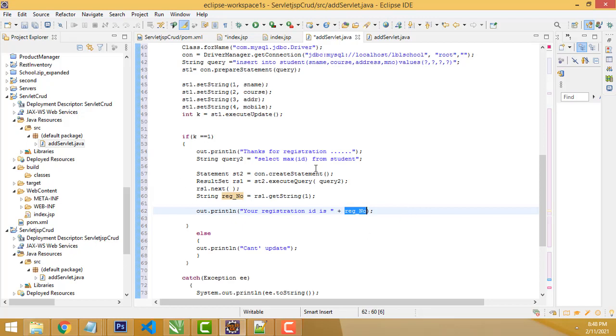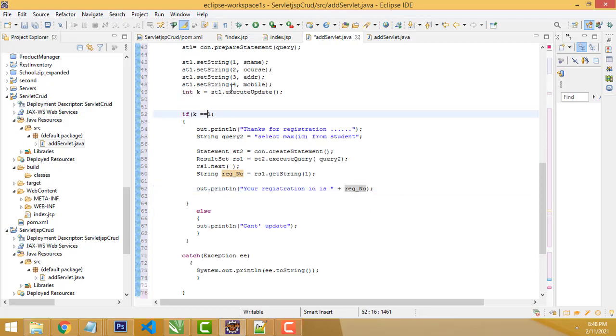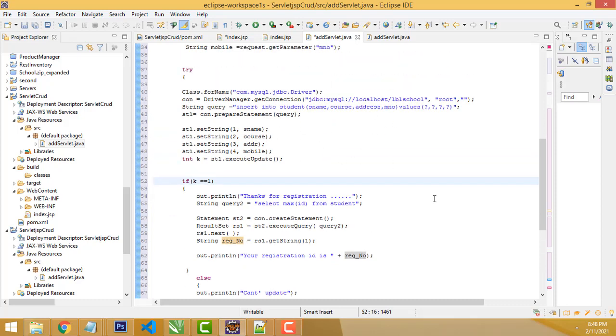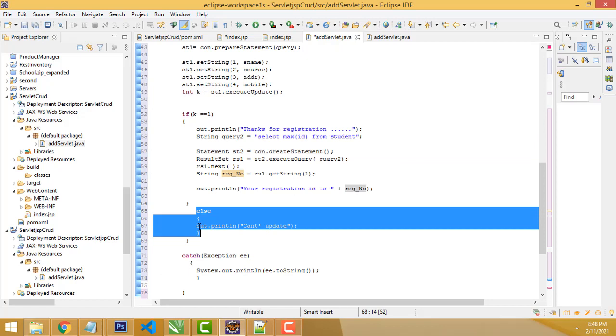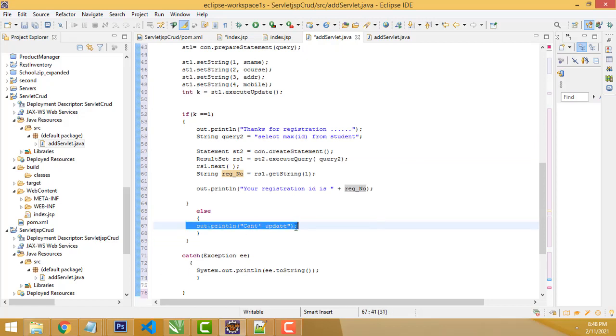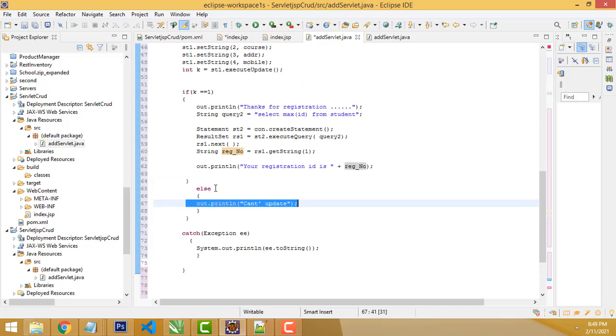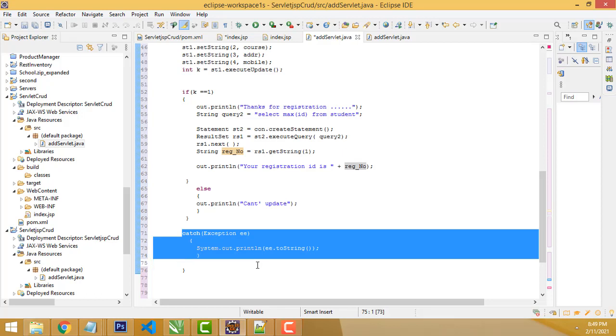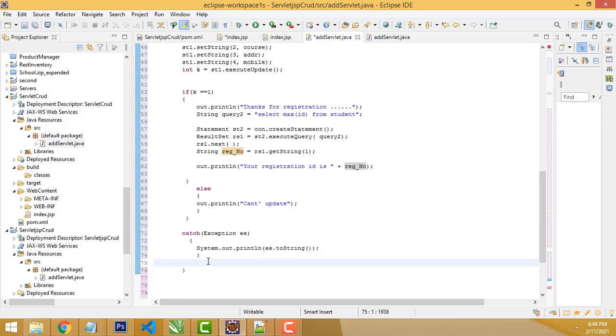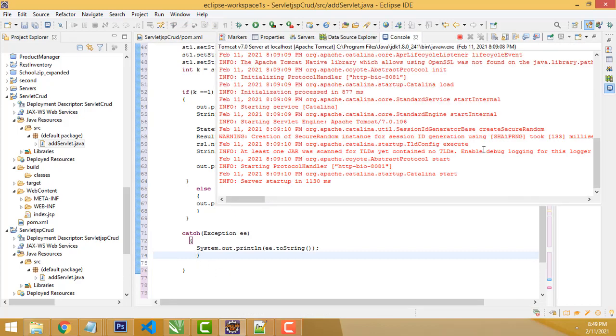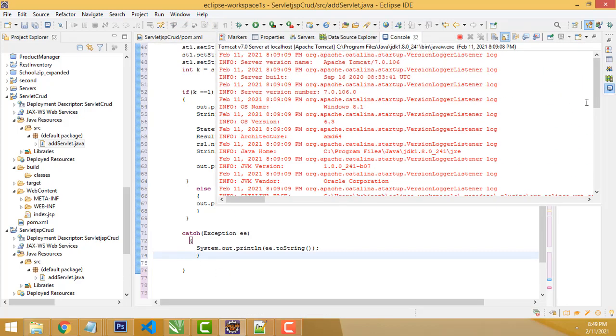If there is any error, you get it. If it is not one, if there is any error that occurs while you are inserting the record, it goes to the else part and passes the message: this can't update. Okay, then if there is any error, it goes to the catch block and shows the exception. What is the error you got, right? You may get a class not found exception or a driver manager SQL exception, whatever error, it will be caught by the catch block. It will identify the error and show what type of error it is in your console over here. The console will show it like this, right? So it's very simple.